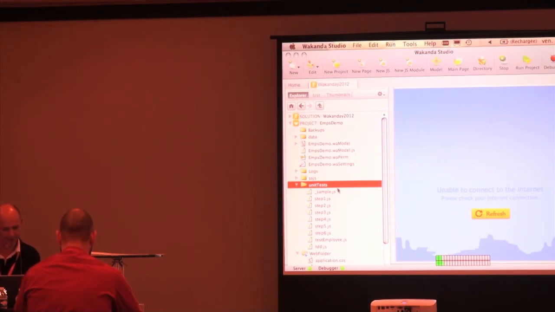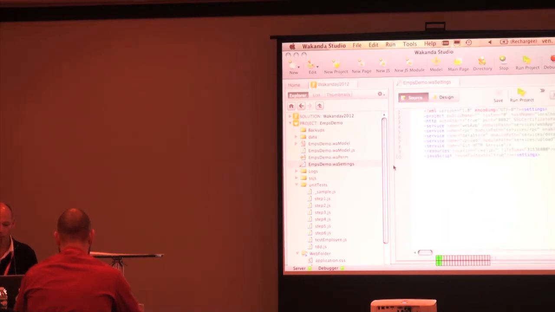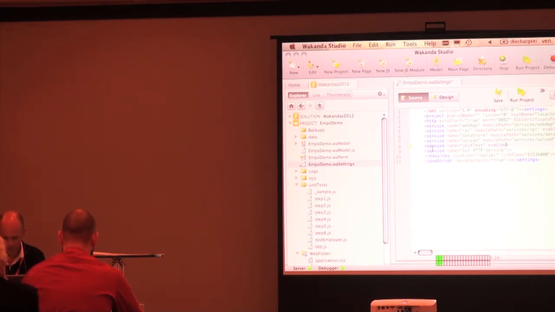Here I've got a unit test folder, and I've got my settings available here. If you switch to the source mode of the settings, you need, first of all, in order to benefit from the UI unit testing, to declare a new service, whose name is, for example, unit test, with attribute enabled equals true, and auto completion and auto start equals true,